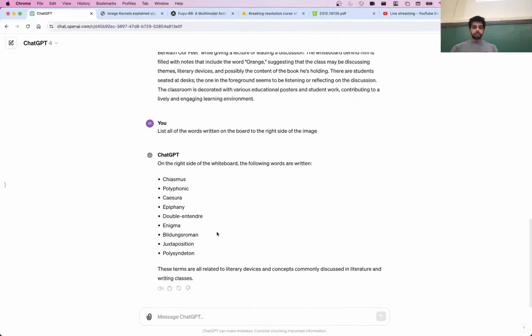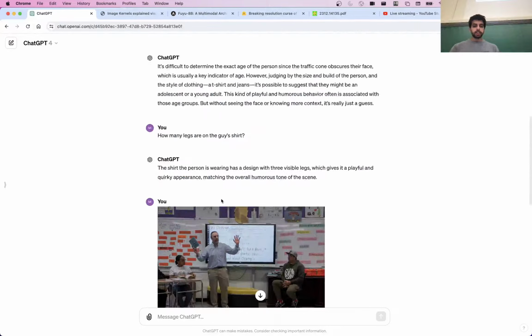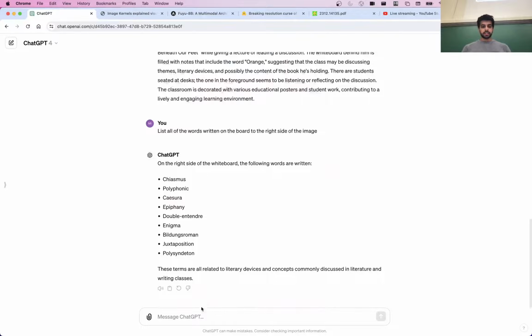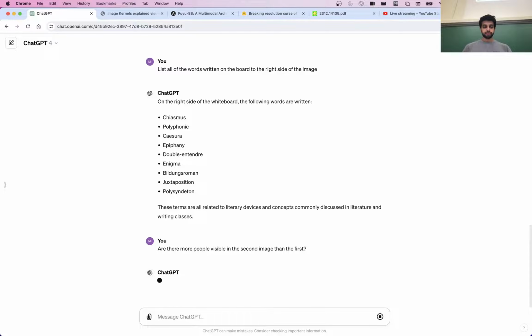One other thing we can probably do is ask to compare both of these two images, because they're both technically in our prompt. So I could ask, are there more people visible in the second image than the first?